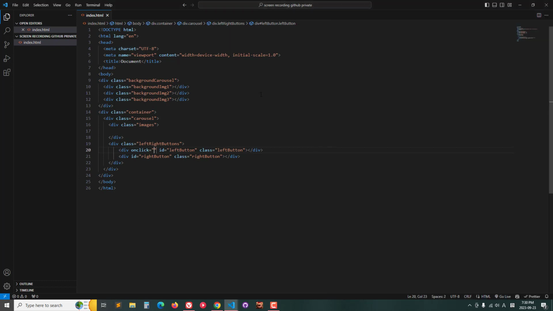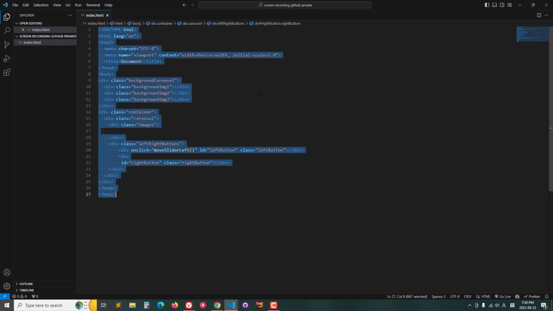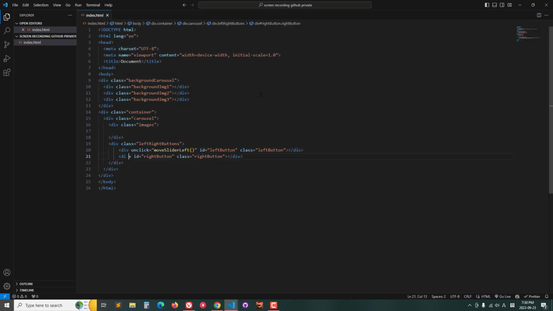So this function that triggers this is going to be called move slider left, and we're going to create this later, but I'm just putting this here for now. And then on click right, on click move slider right,